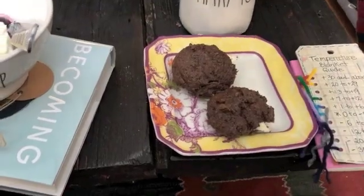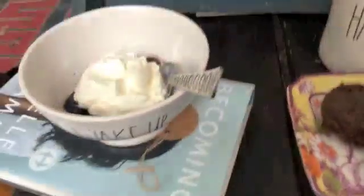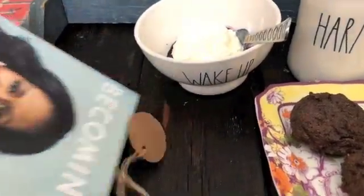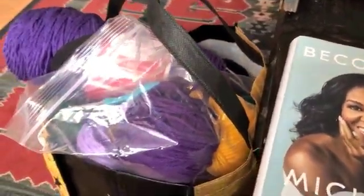I'm just about to have my breakfast. I am having some blueberries and whipped cream, because you can have that on keto, which is fabulous. I'm going to read Becoming a little bit more. I'm going to catch up on my temperature blanket, because while we were in Calgary, all I did was document the temperatures. So messy, but